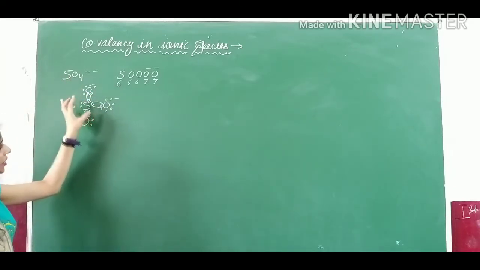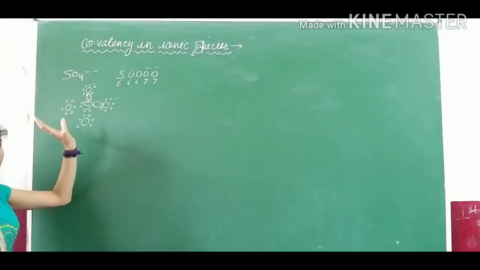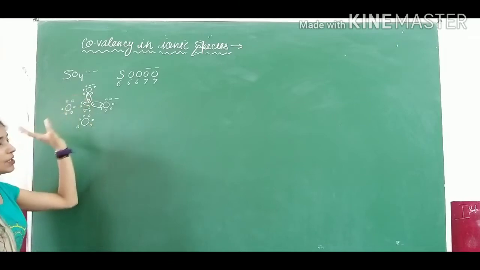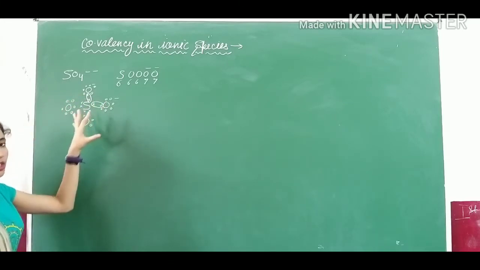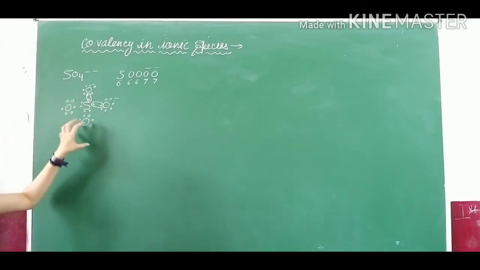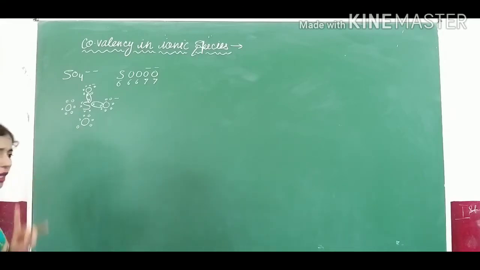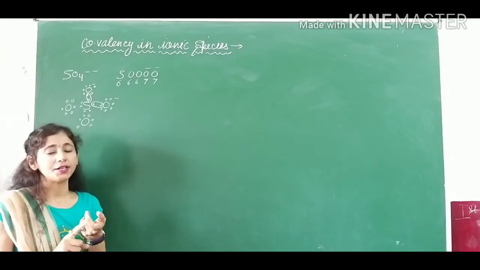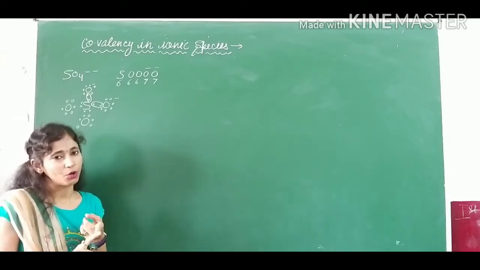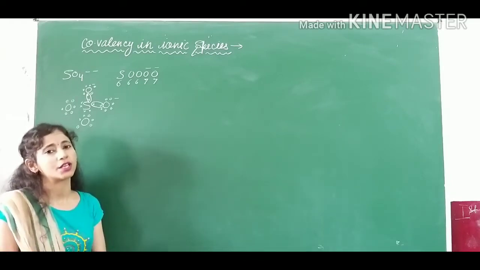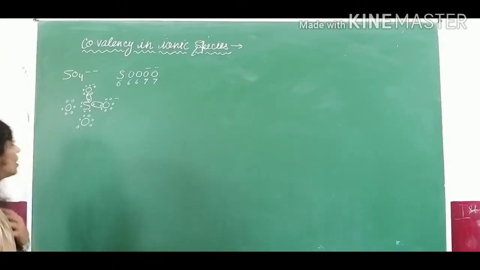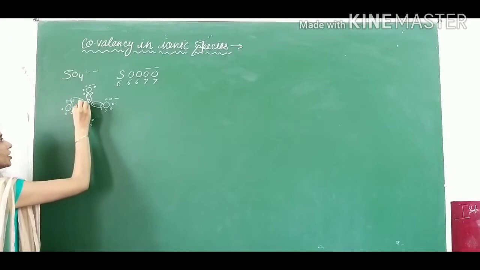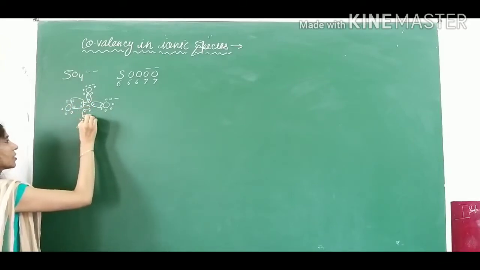So if you check it, the octet of these 2 oxygens is completed now, and the octet of sulfur is also completed. 6, 7, 8 and 8. It has shared with these 2 oxygens. But what will happen with these 2 oxygens that I have taught in the previous section? Coordinate dative bond. Either the dative bond will form, or you can show there the case of expanded octet. Okay. So it's up to you that they will share their electrons in this way.